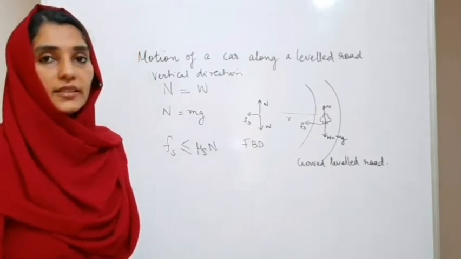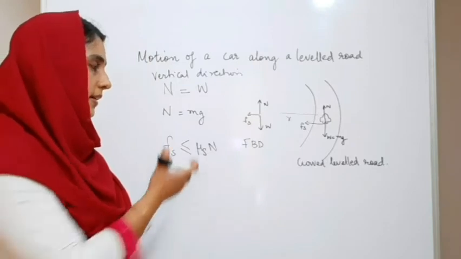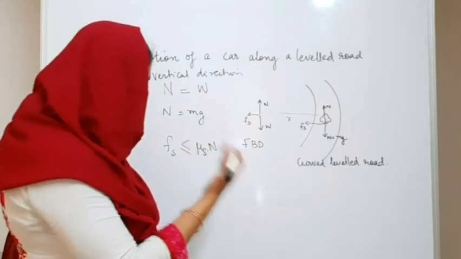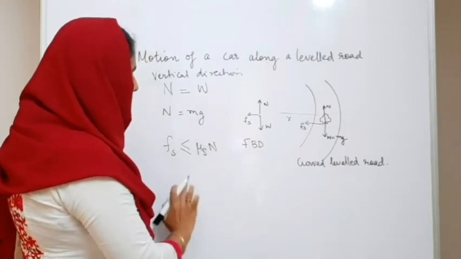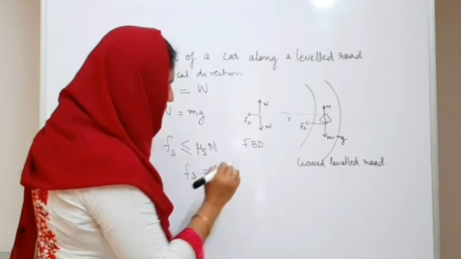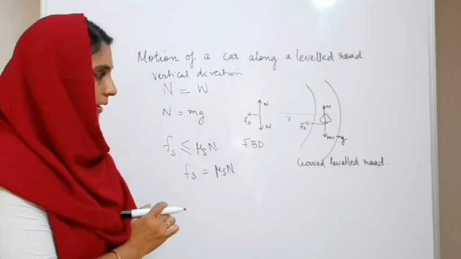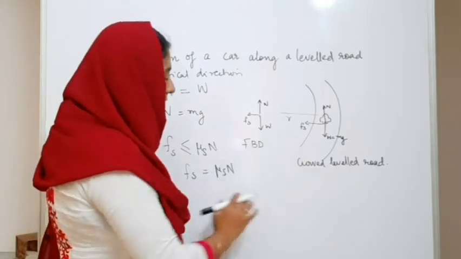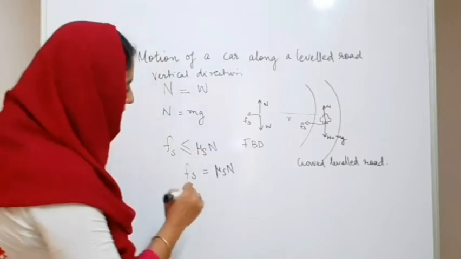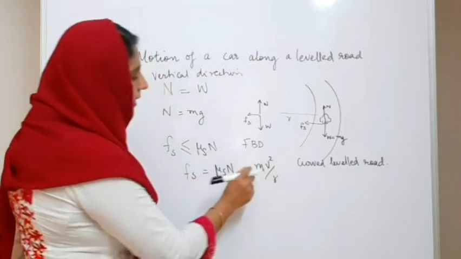As we are concerned with the maximum speed with which the car can move around a circular path, let us equate it with the maximum or limiting friction. So let us write Fs is equal to mu s N. Now we know that N is equal to mg according to the above equation. Now the frictional force provides the necessary centripetal force, so this will be equal to mv square by r, where m is the